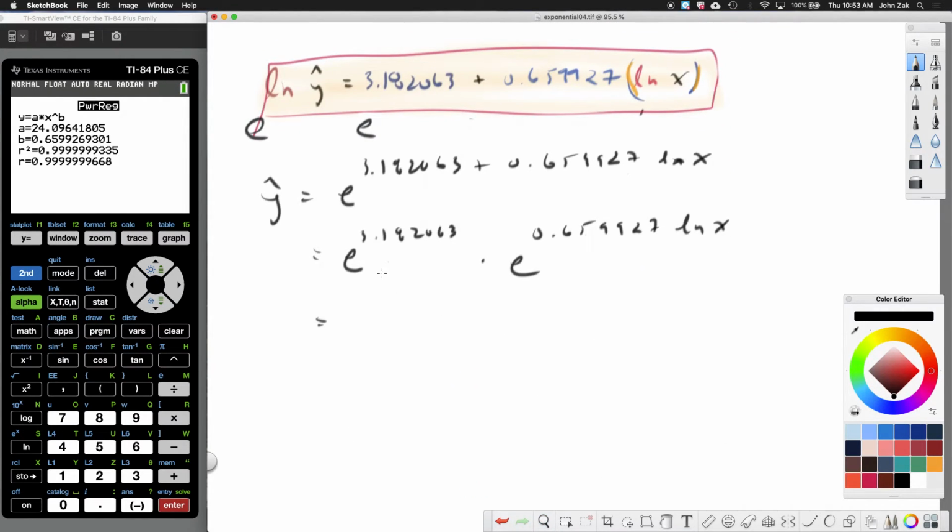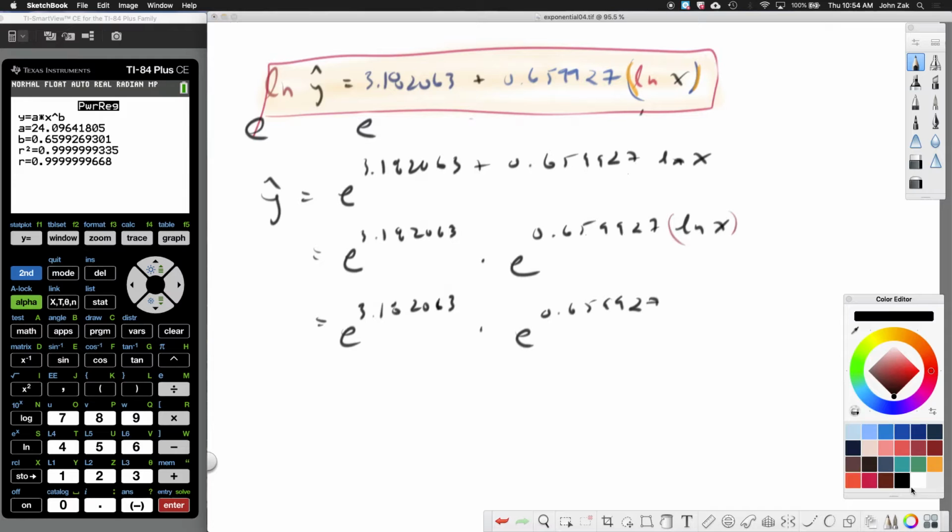Of course, this e to a bunch of stuff is just a number, right? So this guy is just going to chill. I'll just rewrite it. I got 3, and I'll eventually figure out what that number is in just a second. 2063. Right now, one of the things that we can see here is, once again, when you have the product of two numbers in an exponent, you could really write this as the product of this times the natural log of x. Then essentially what happens is that this is the same thing as raising a power to a power. So I could rewrite this as e to the